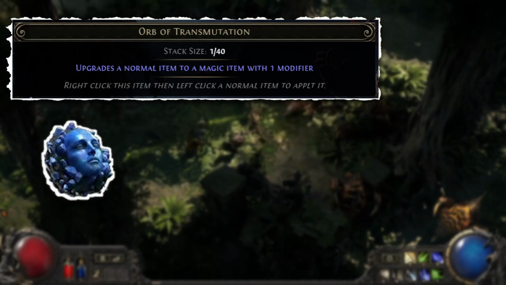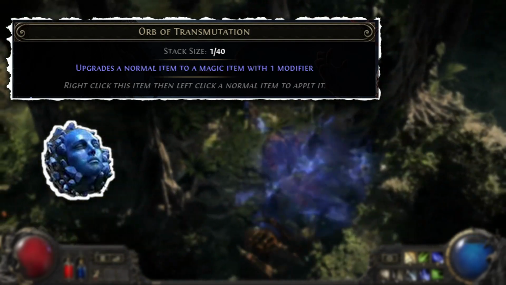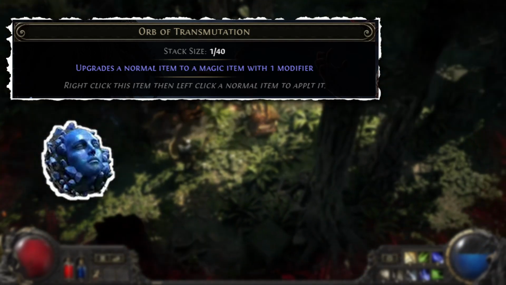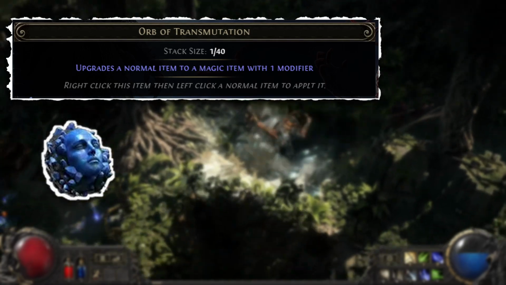One thing to note here is that with transmutation orbs, you can also disenchant magic items you find that you don't want to use at the item disenchanter to get transmutation shards, and when you get enough transmutation shards, you can build up to a full transmutation orb again, and you can use that to upgrade other normal items you find